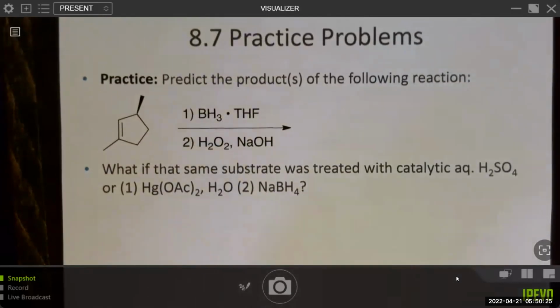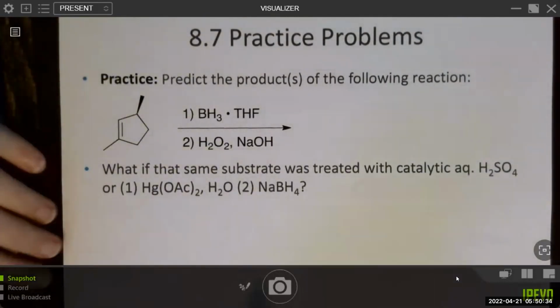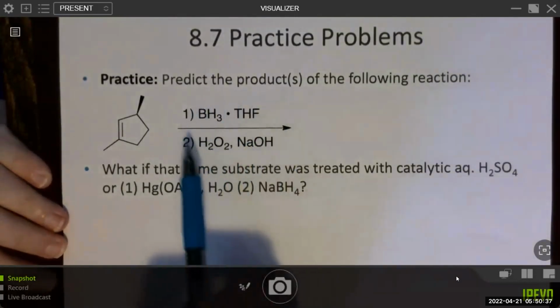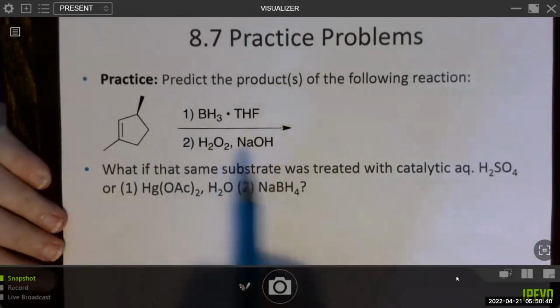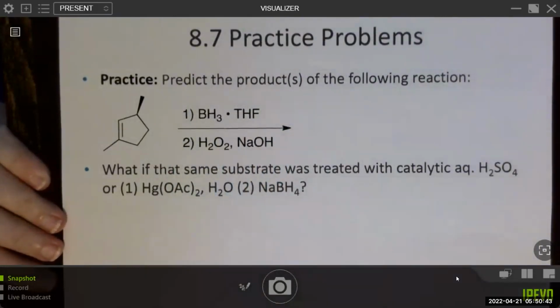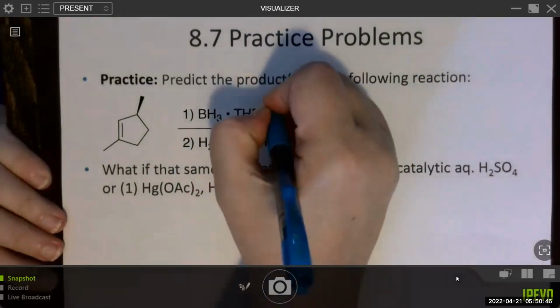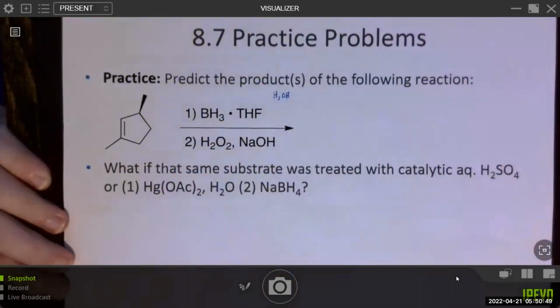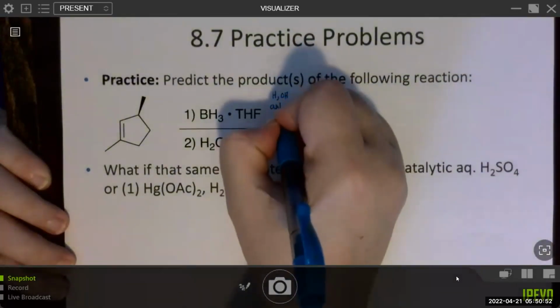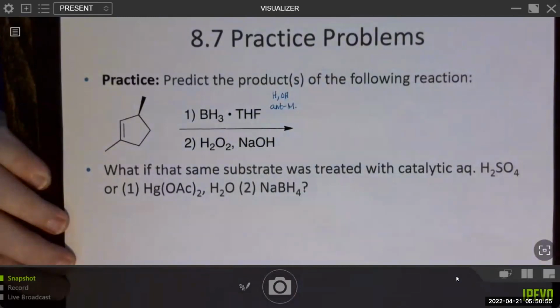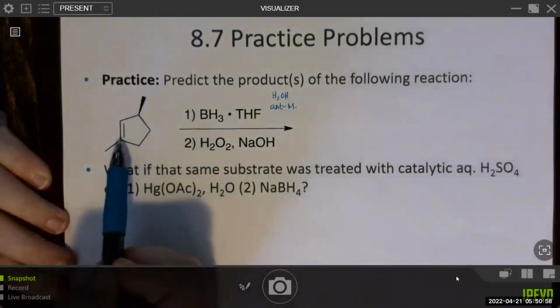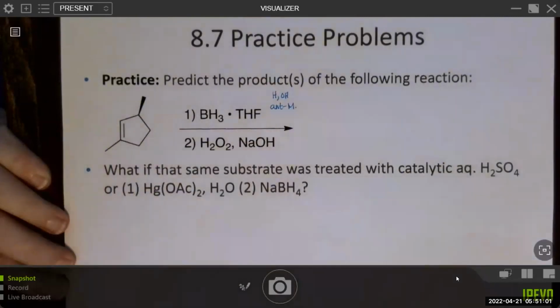All right, let's go ahead and go over the problem. So we have hydroboration oxidation. So recall, the first thing you want to ask yourself is, given these conditions, what is getting added across the double bond? And the answer is H and OH, because this is a hydration, and it goes anti-Markovnikov. So that means that the hydrogen will go on the more substituted carbon, and the OH will go on the less substituted carbon. And when that happens, both of these carbons are going to become chiral centers.